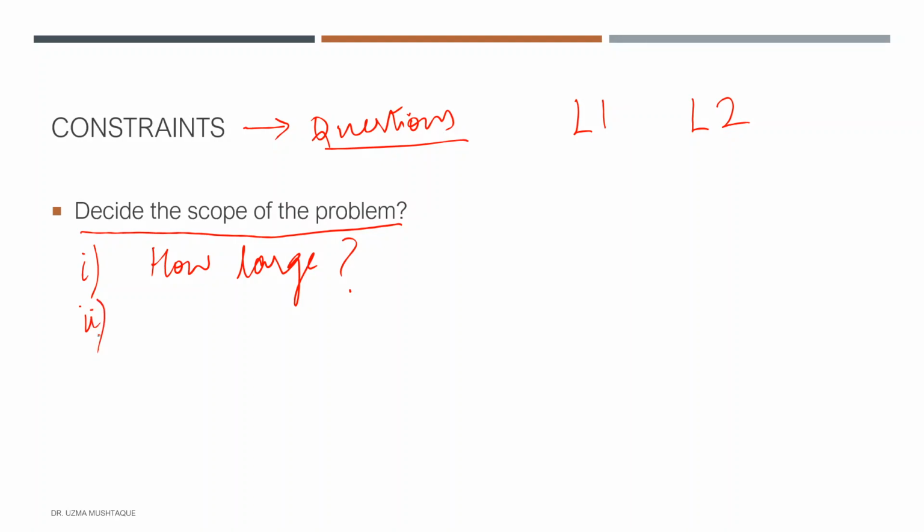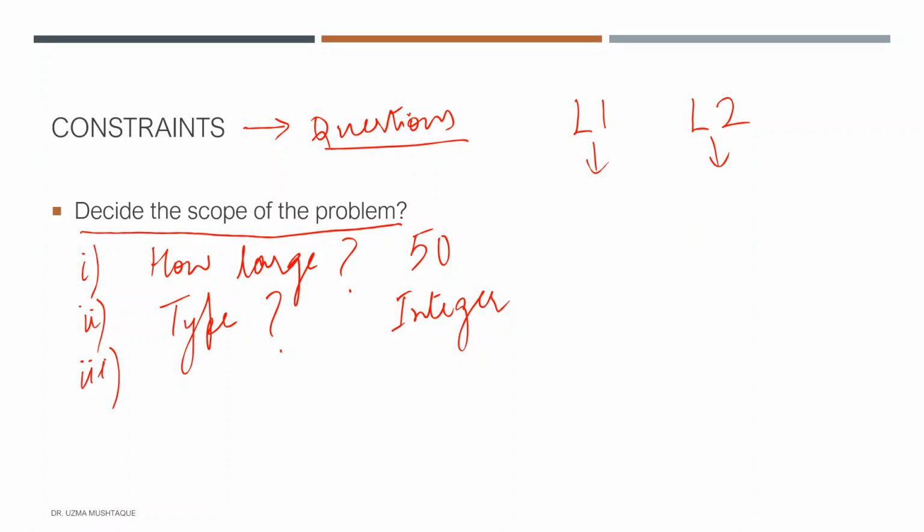Similarly, the second question I might want to ask here is, what is the type of values in L1 and L2? Are they going to be the same type? For example, are they going to be numeric, or string type, or both, or mixed, and so on? Because again, my solution might depend on that. For instance, let's say the answer to this question is that the list size cannot exceed 50, and then the type is always an integer. Let's say this is the answer, so we are getting the answers. And based on these answers, I'll start framing the rest of my constraints or the rest of my questions.